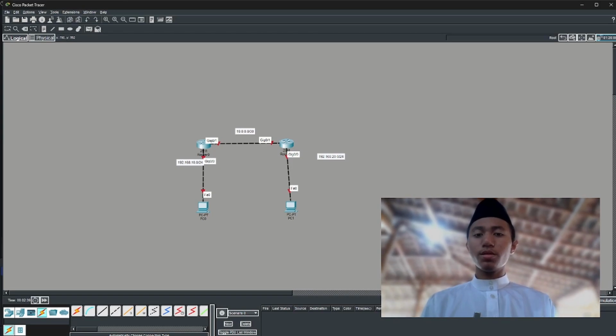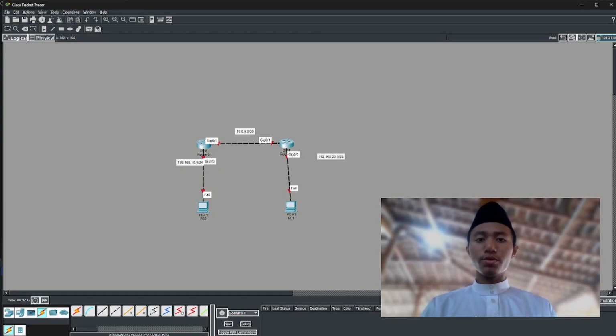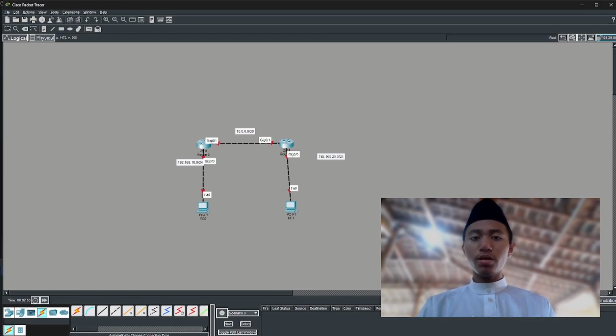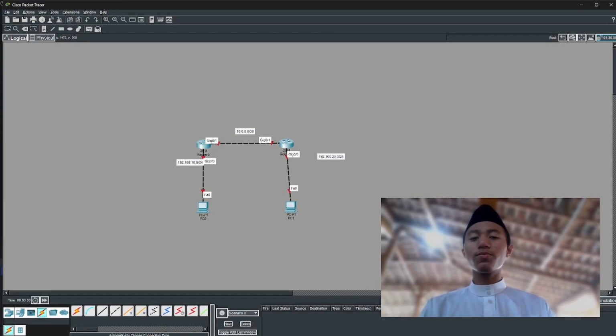Hello everyone, and today I want to tell you how to configure EIGRP on Cisco routers in Cisco Packet Tracer. If you know, OSPF is a dynamic routing protocol of the open vendor type, but now I want to configure EIGRP, which is Cisco proprietary.